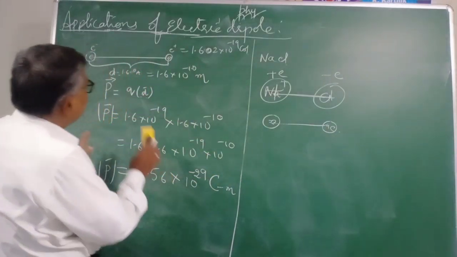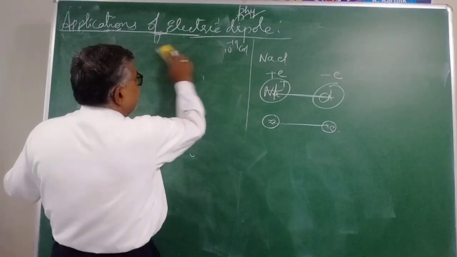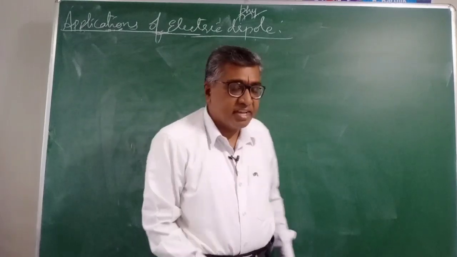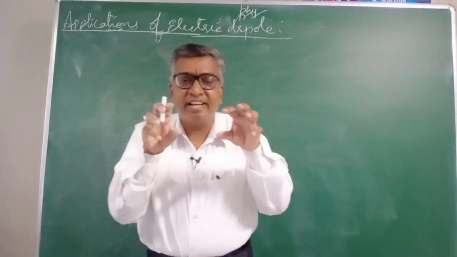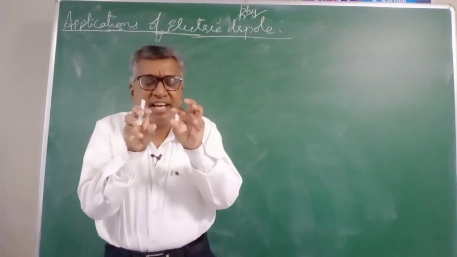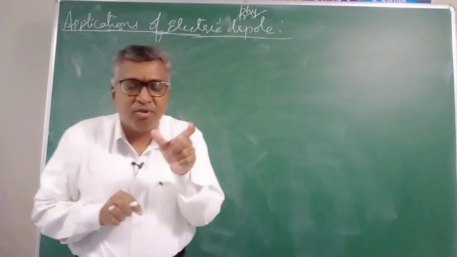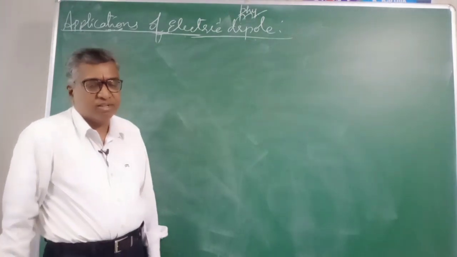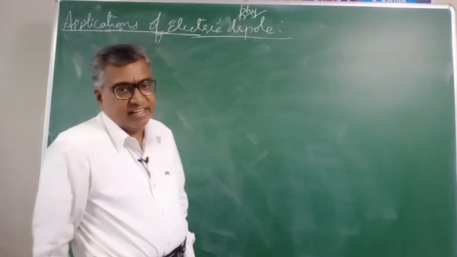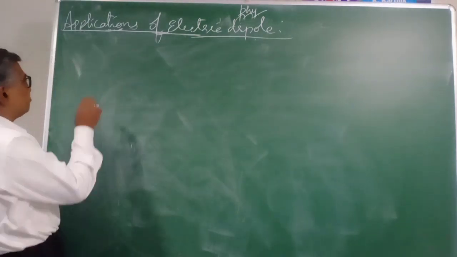So this way, the dipole moment of the combination of an electron and proton, 1 unit of charge separated by some distance. Now suppose he asks you to find the dipole moment of a molecule, then you need the net charge of the positive ion and the net charge of the negative ion, and the distance between them is the bond length. The bond length will be the distance between the ions. That will be the length of the dipole, and the product of the net charge and the length of the dipole gives you the electric dipole moment of the system. In another question,